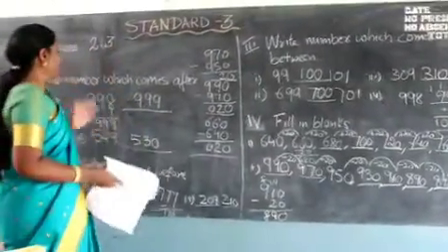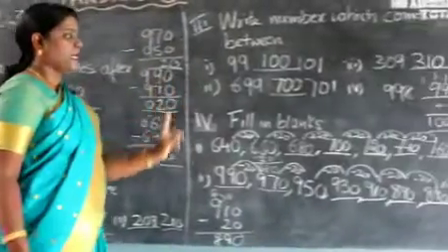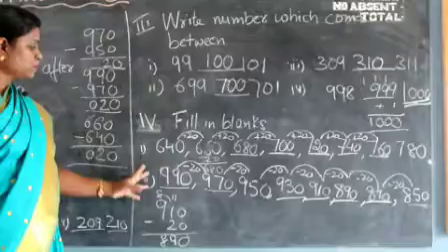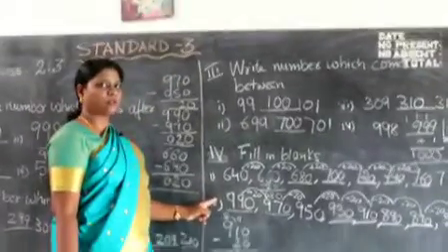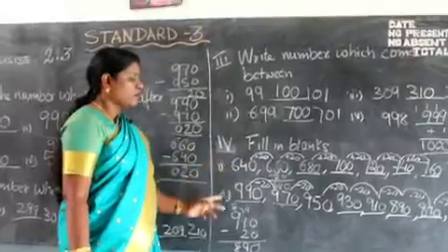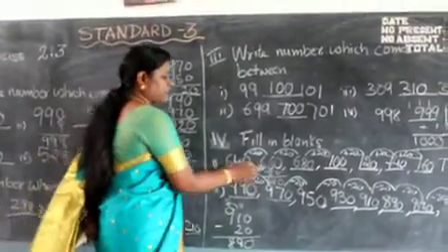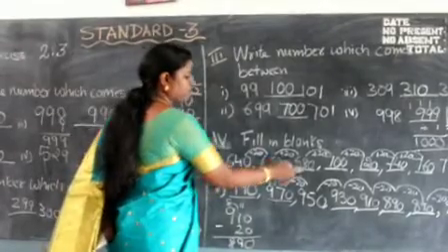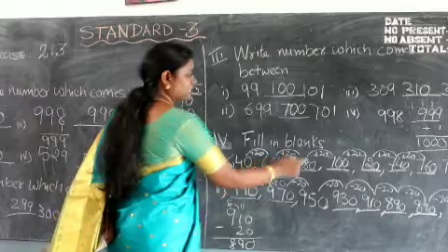You have to do what comes after, what comes before, what comes in between, and you are going to do the series. There are two different ways of doing it. Either there is addition of a number or subtraction of a number. Okay, you should know where you have to add, where you have to subtract. In addition, you will see that your first number will be smaller than your next number, and your next number will be bigger than this number. So it goes on increasing.